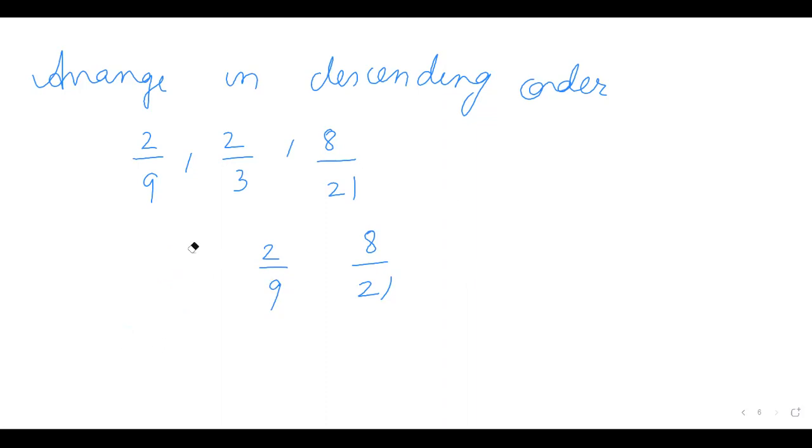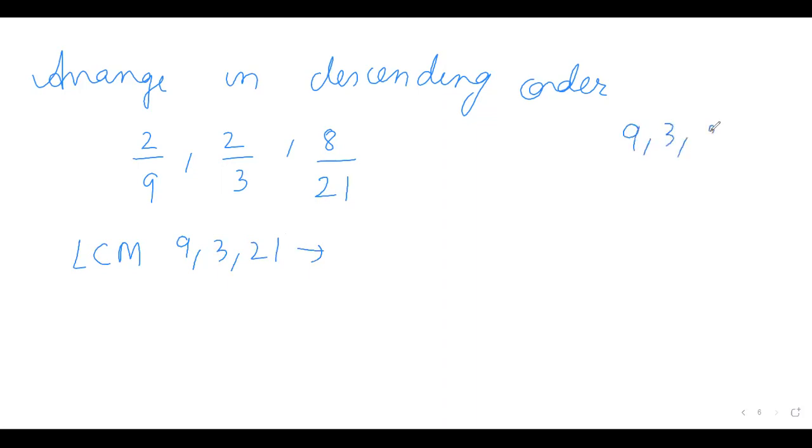Samraj, what do you say? How should we move? See, we have discussed this type of question in our yesterday's class also. Do you remember how we have done this question? Yes, ma'am. We will take out the LCM first, of 9, 3, and 21. You are correct. So the first step is to make the denominator same. So we will be taking the LCM of denominators 9, 3, and 21.